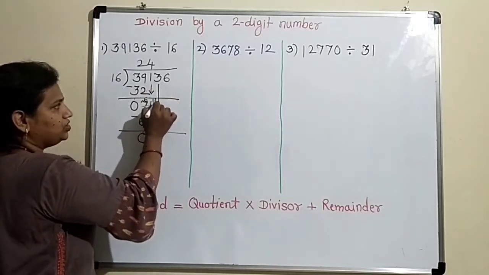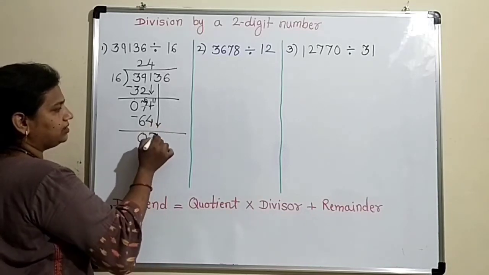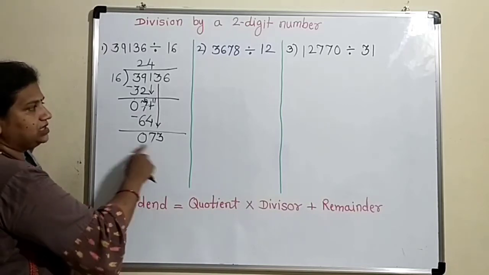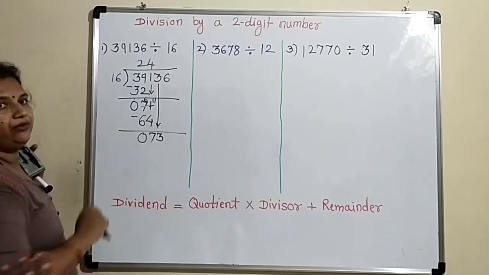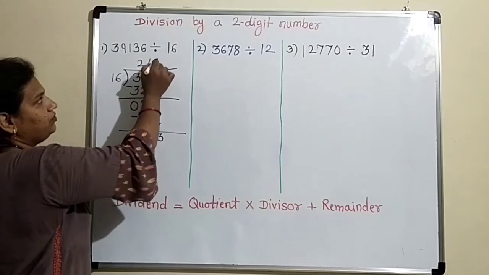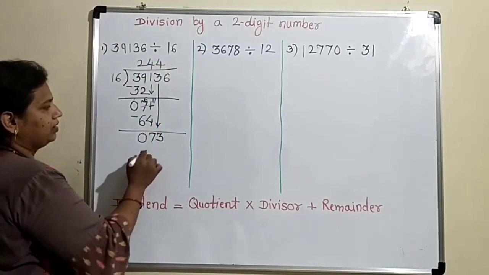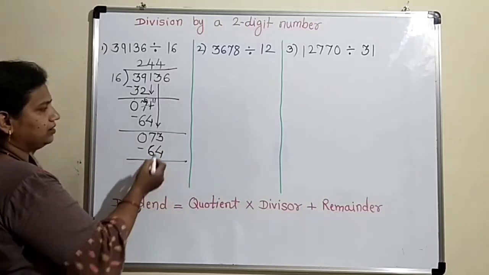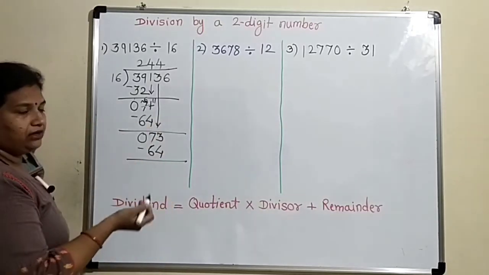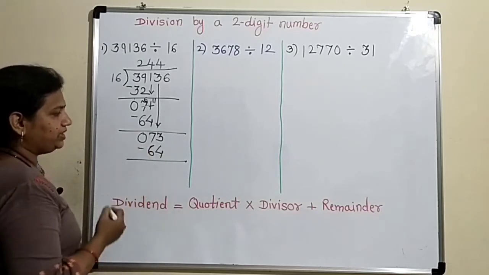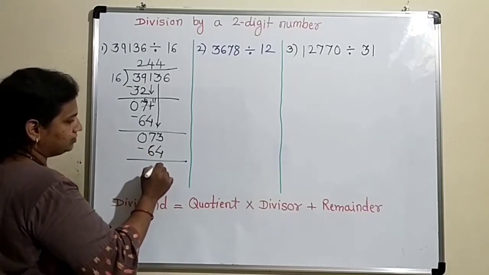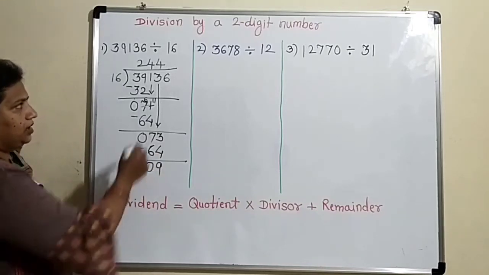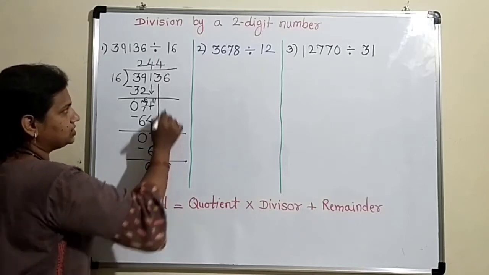Again repeat the same procedure, bring down the next digit, that is 3. Now here it was 71, here it is 73. So we know that again we have to take 16 fours. So here 4, subtract 64. So what will we get? Again by borrowing you can subtract. Here I will do it directly: 9 and then here 0. Bring down 6.